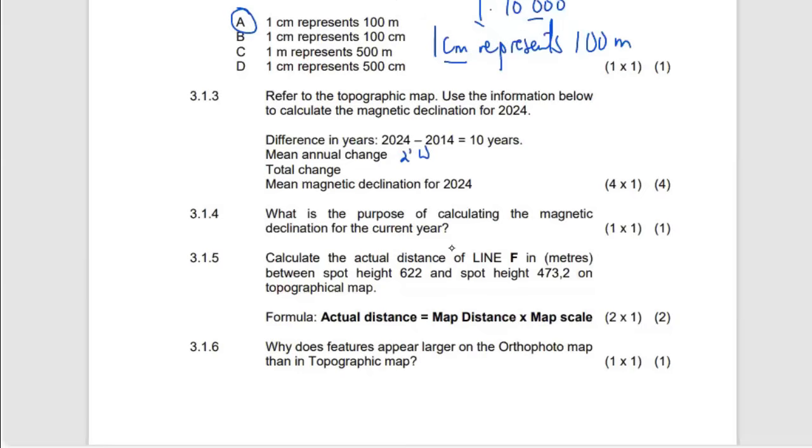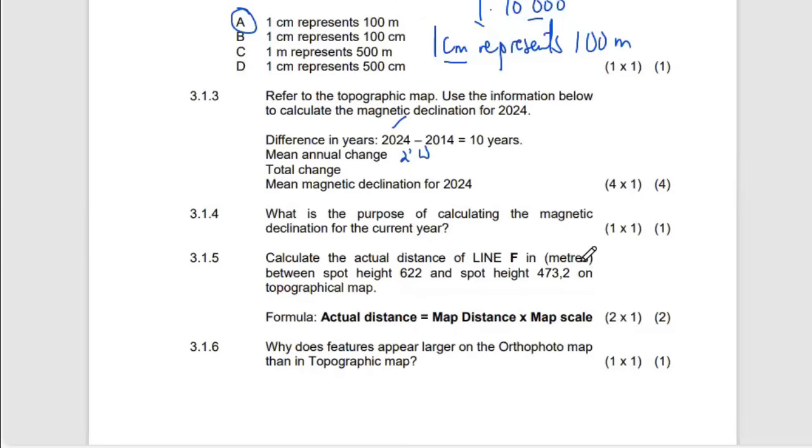So we are saying the difference in years is 10, which is we receive from the map information is for 2014, and we want to calculate for 2024, which means 2024, which is the year in question, minus the map year, we get 10 years, which means over the 10 years, the angle which was there had changed by,